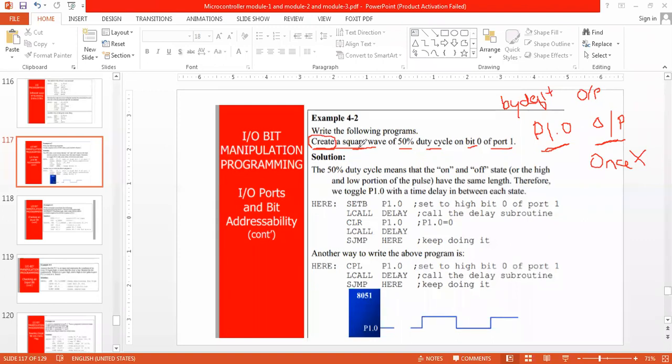Now what we have to do? We have to create a square wave of 50% duty cycle. What is 50% duty cycle?